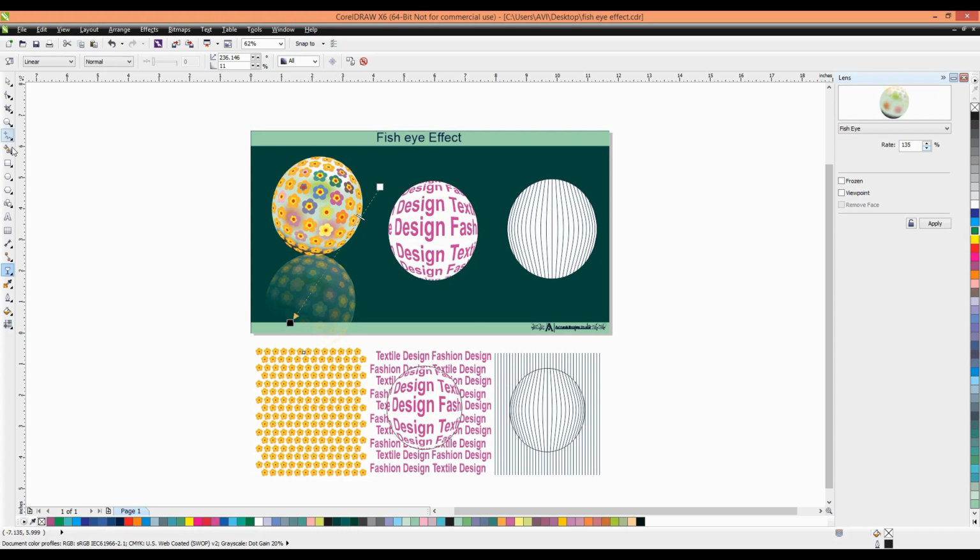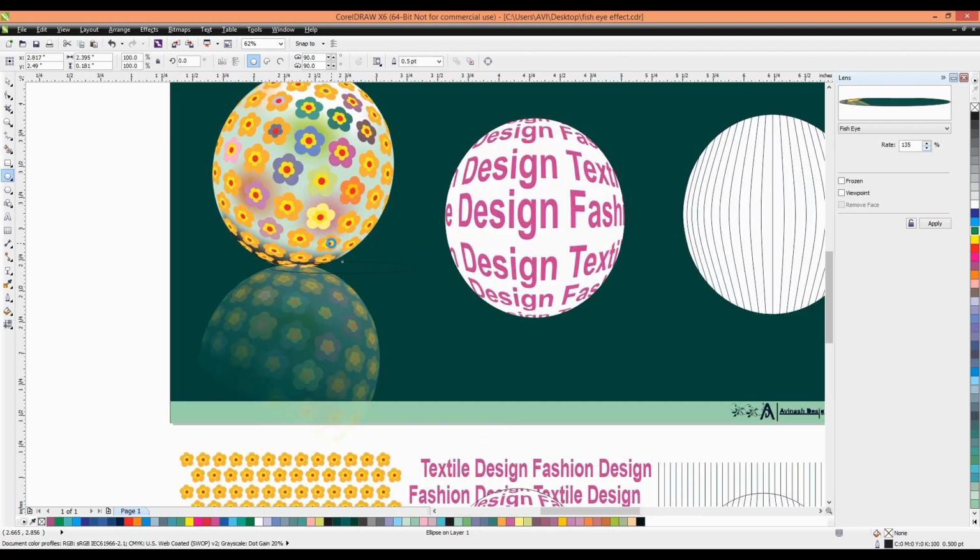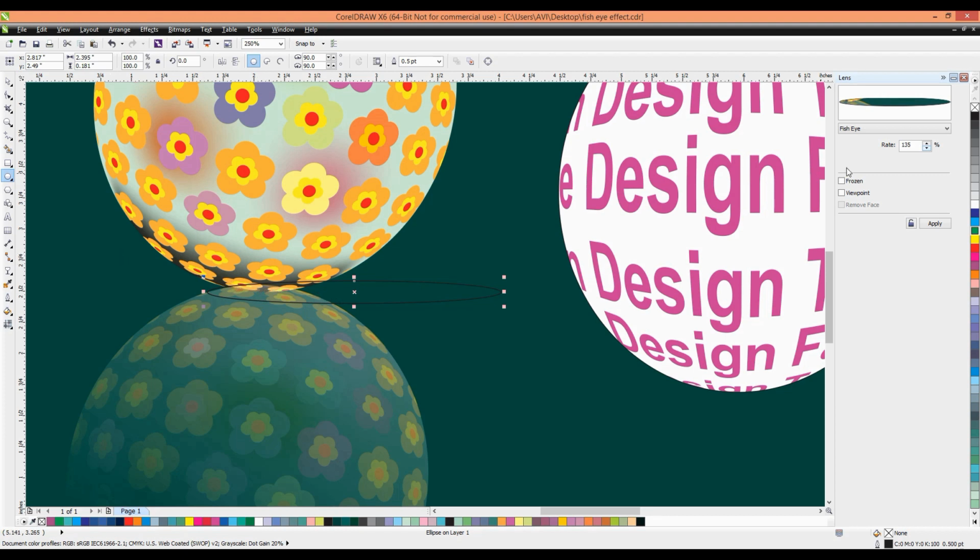Again we go to the ellipse tool and make an ellipse for the shadow effect, and place black color, and again we have to go to the transparency tool and make a transparency effect here also.